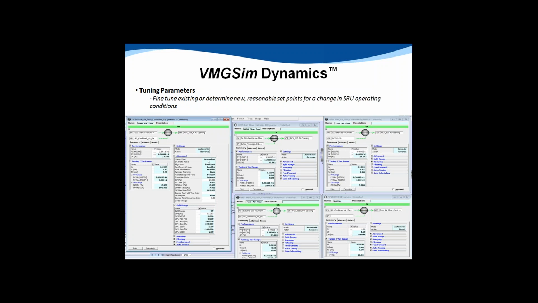Finally, tuning parameters. We can fine-tune existing or determine new set points for a change in SRU operating conditions. Several different examples here. I believe in the middle we have an acid gas flow controller, and we have PVs and operating